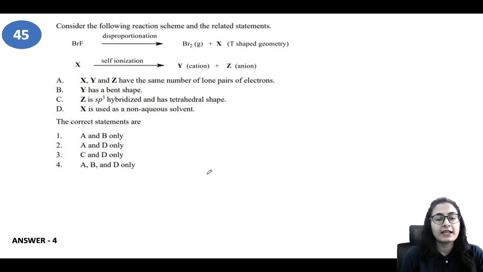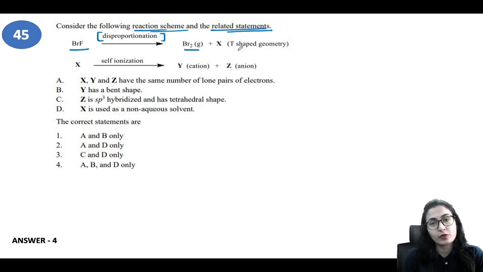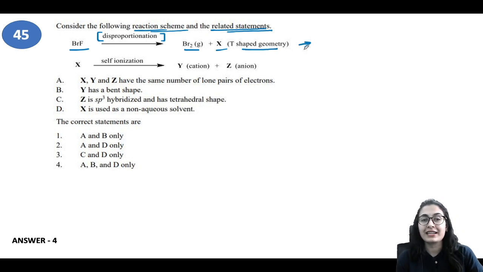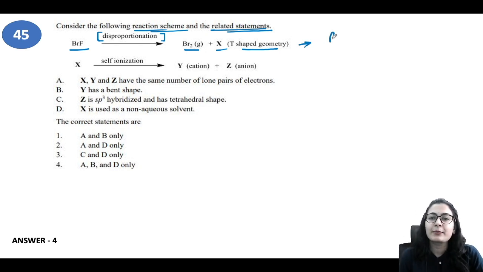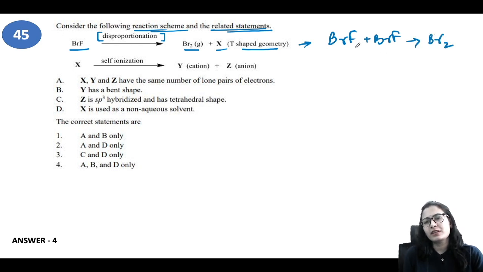Okay, next good question. Consider the following reaction scheme and related statements. BrF undergoes disproportionation to give you Br2 and X, T-shaped geometry. Now it's a very simple question for those who have studied a little bit of main group and solvent system. So BrF, let's say, reacts with another BrF to give you 2 of the bromines. All right, then what is going to happen? Are we having two fluorine, or let's say 2 atoms of fluorine? No. We will have